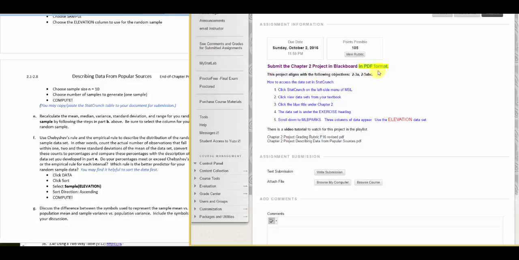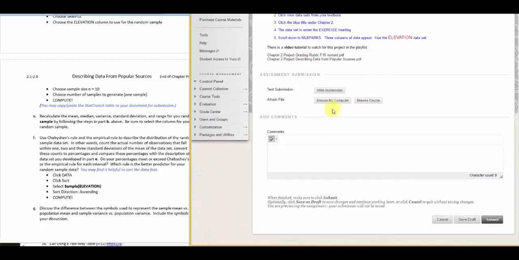So make sure that you are able to scan your project, save it as a PDF, and submit that PDF file. So you'll need to browse your computer to find where you saved your project. Feel free to write any comments or questions here in the text box and then click